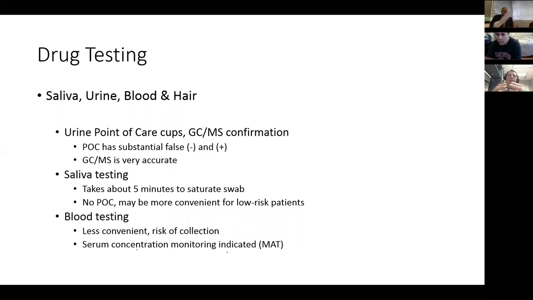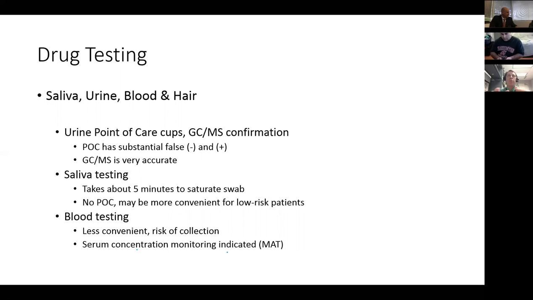Drug testing, for us, the urine drug test is the one that we continue to use, and I think that there could be conversation about what's the best way to do this. Do you use a point of care where you're looking for either the presence or the absence of the drug and then sending it on for confirmation? That's what my colleagues at the University of Virginia used to do.